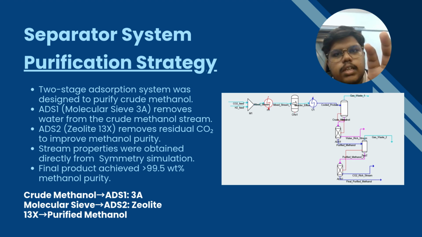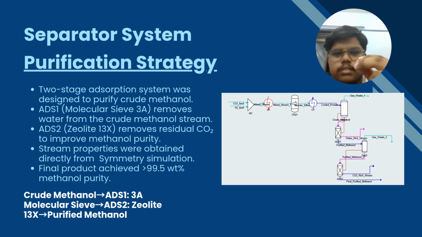The stream properties and separation performance were obtained from our Symmetry simulation. According to the simulation results, the final product achieved more than 99.5% methanol purity. So the combination of molecular sieve 3A and zeolite 13X provides an effective purification strategy for producing industrial